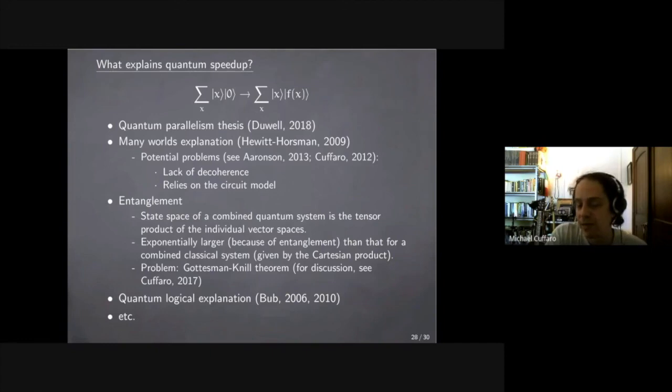And the jury's still out even with respect to whether quantum computers actually do have a quantum speedup over classical computers. So these explanations will go by the board if quantum computers actually aren't faster. What we can say though is that